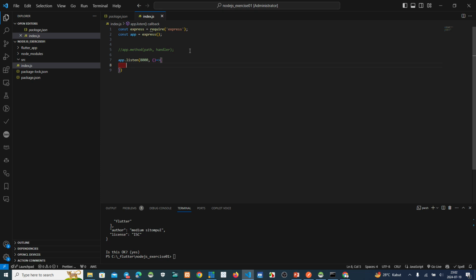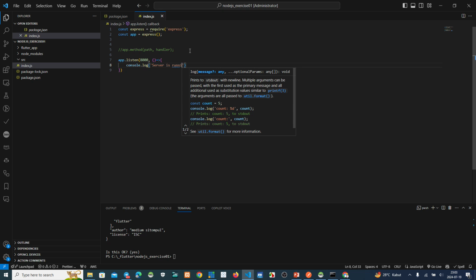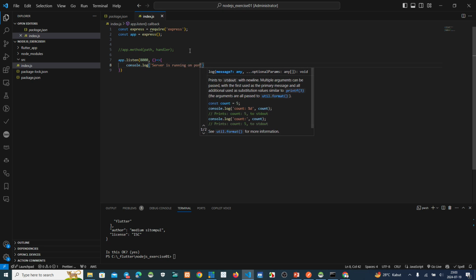Okay, you want to make information to the console. console.log server is running on port 8000.